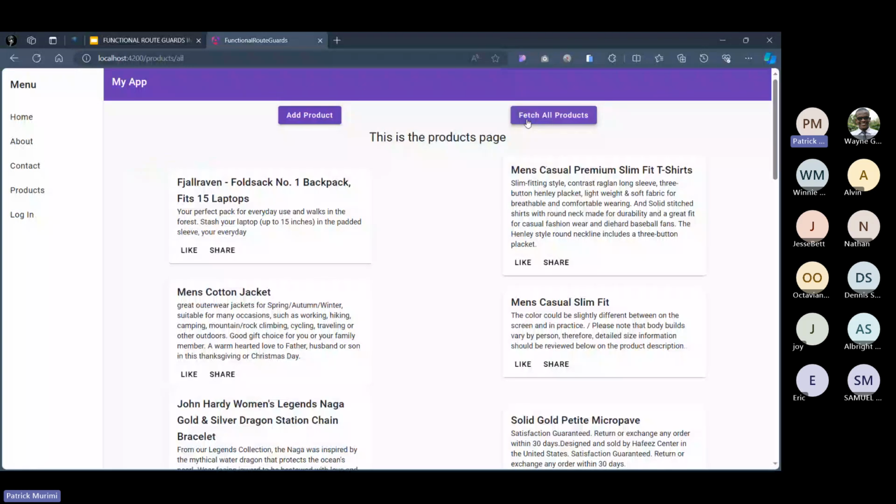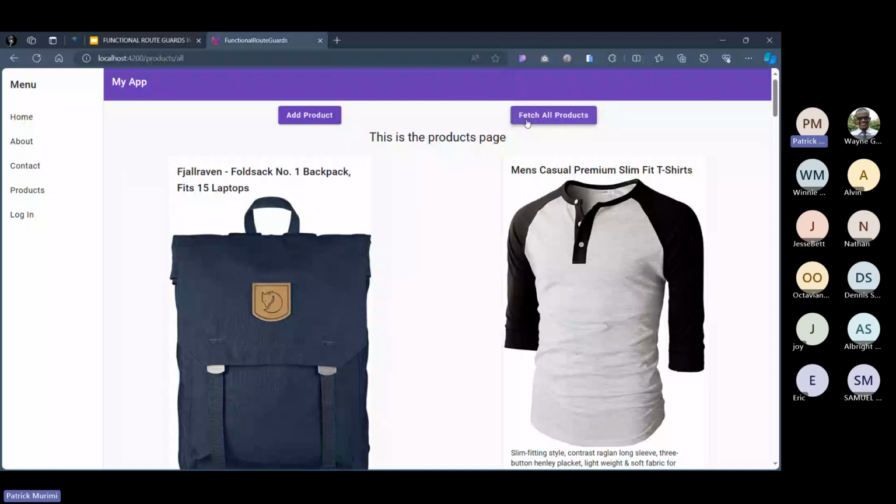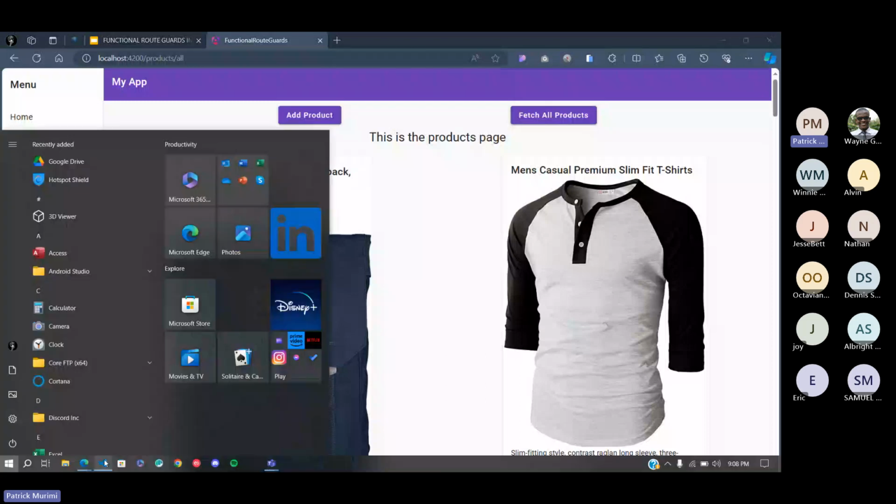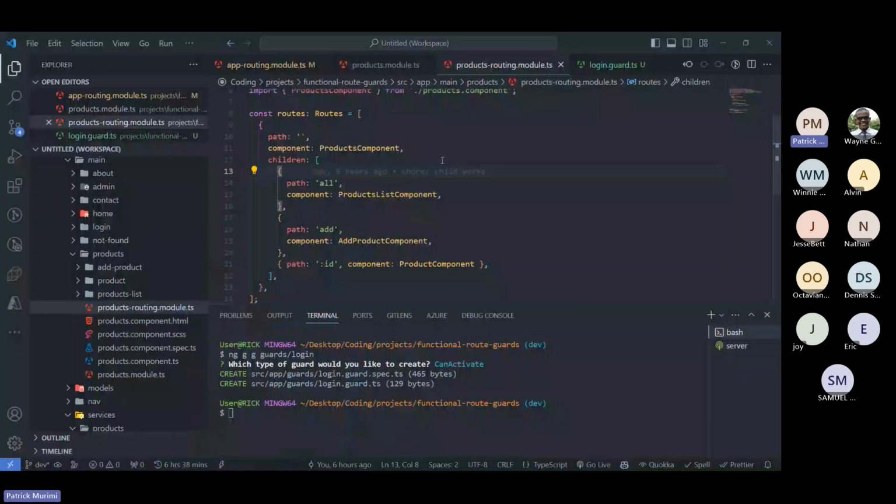Let's implement that using the CanActivateChild route guard. It's similar to what we did with CanActivate. You just type the name, select canActivateChild, and then input the function that does the logic. In this case, put the login guard here. If I save that, oh, sorry. Yeah, if I save that,